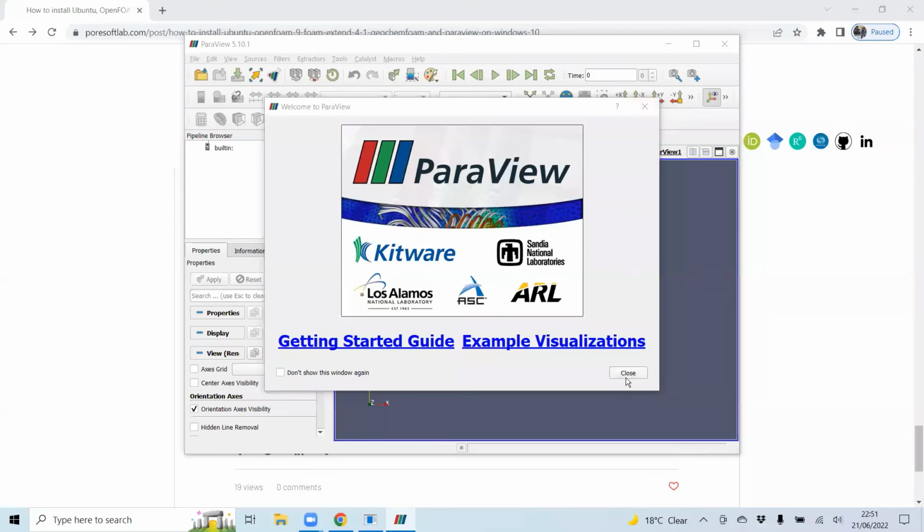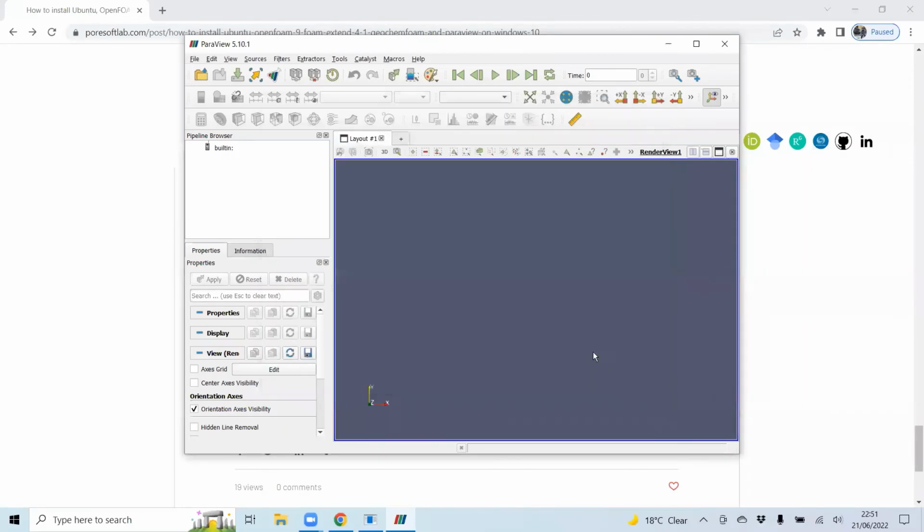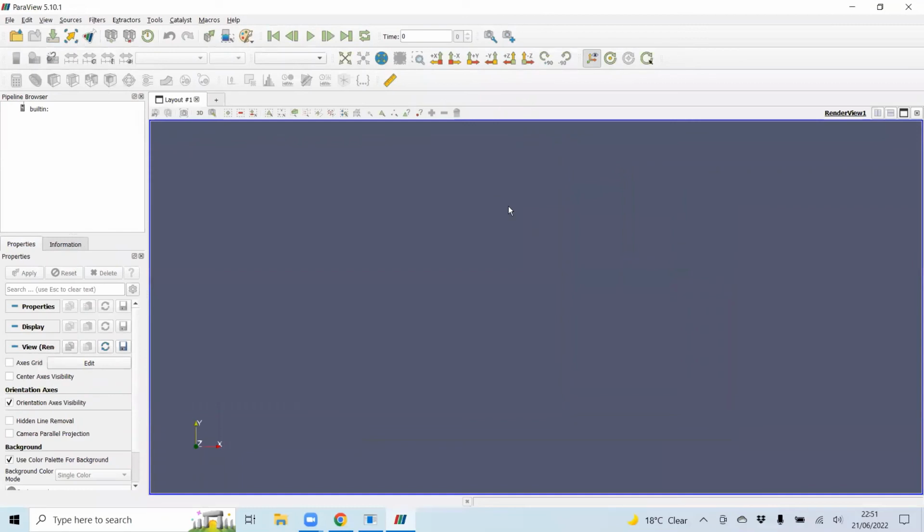So we have this ParaView, and basically we can see all the simulation results here in ParaView. Now this also got successfully installed.